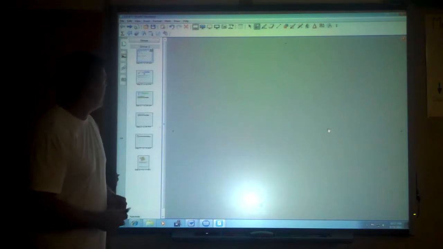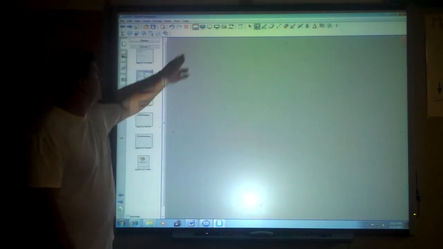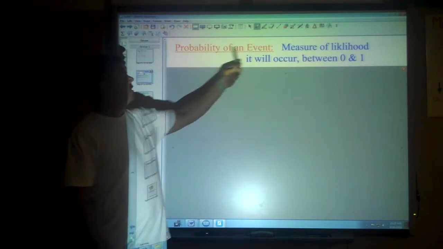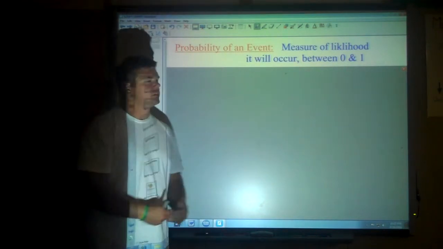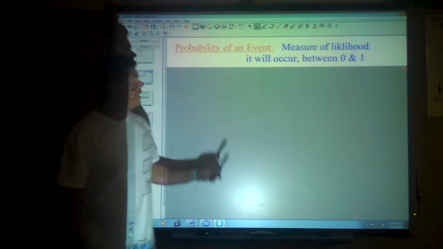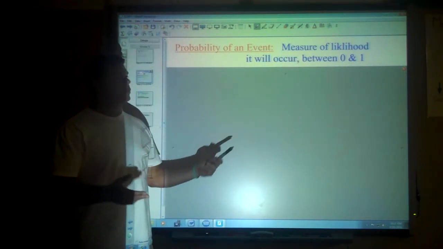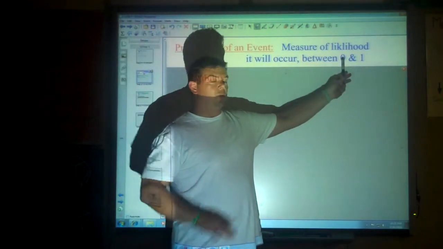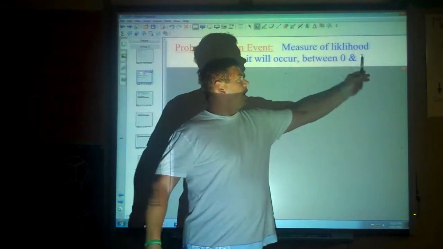Algebra lesson 2-8. Probability. The probability of an event. An event is something that's taking place. It is the measure of likelihood that it will actually occur, that it will actually happen. And that probability is going to be between 0, meaning that it will not happen at all, and 1, that